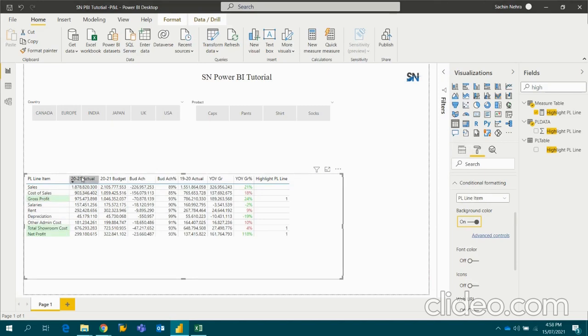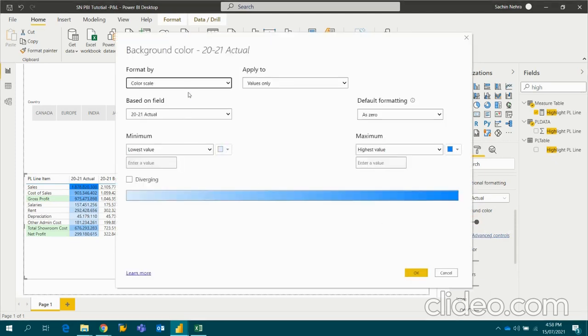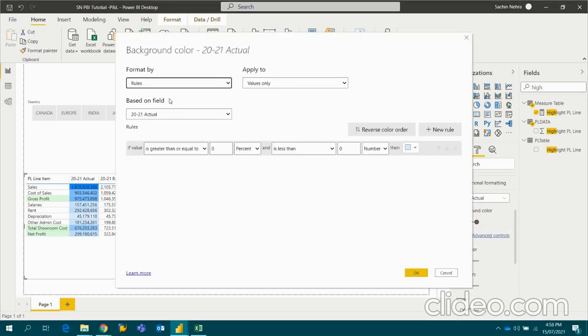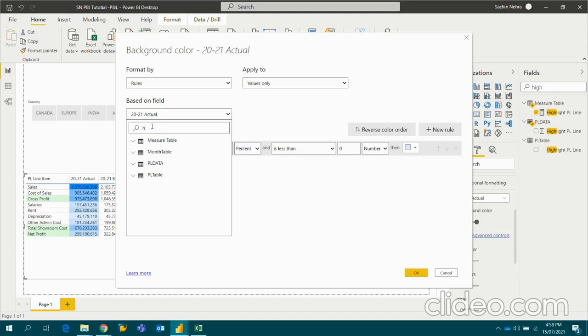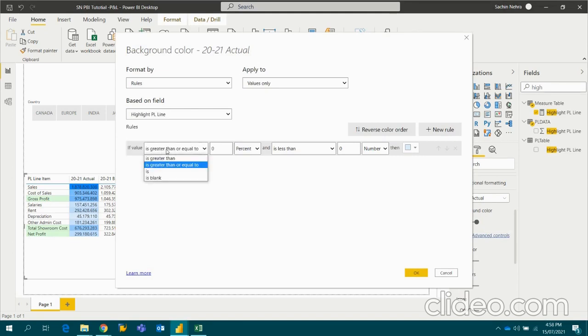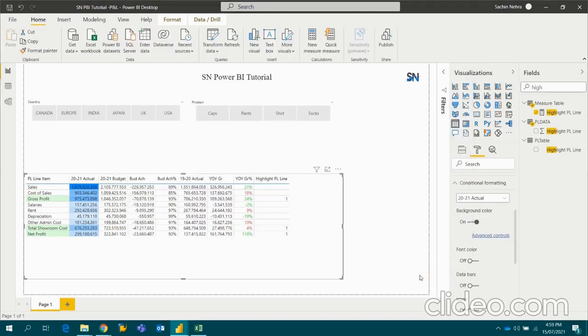In the same way, I need to select each and every column and highlight each line item. I'll go to advanced color, click on rules, and say if highlight is 1, then show as this color. I need to do the same for each and every column.